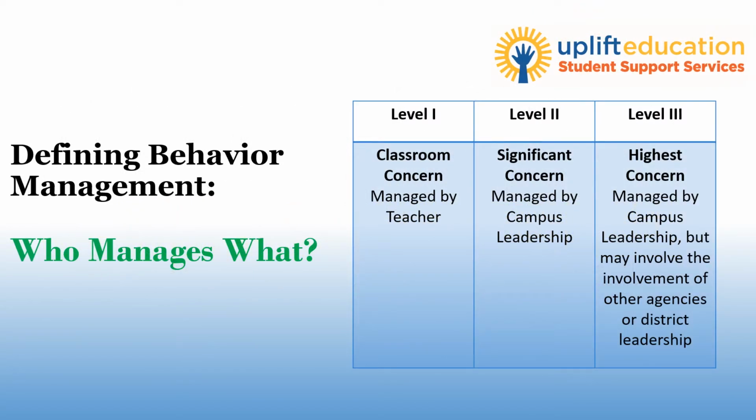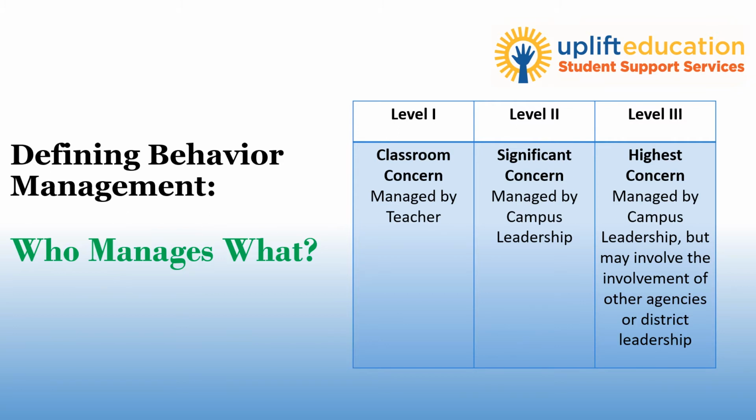There are 3 levels of student misconduct at Uplift Education. Level 1 violations are generally classroom level or more minor concerns. This includes misconduct such as a dress code violation, a tardy, or maybe a minor instance of insubordination, etc. Level 1 violations are primarily managed by classroom teachers or other instructional staff who are empowered to command their own classroom environments. These interventions are thus assigned by classroom teachers and also documented by those teachers in accordance with the systems of your particular schools as assigned by their school leadership teams.